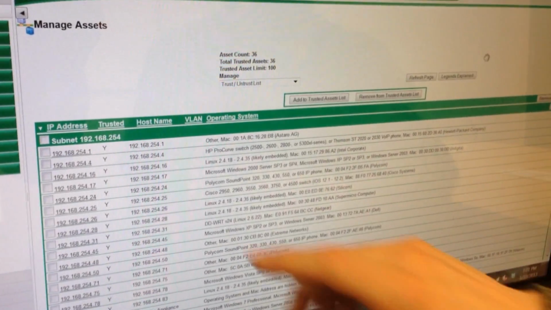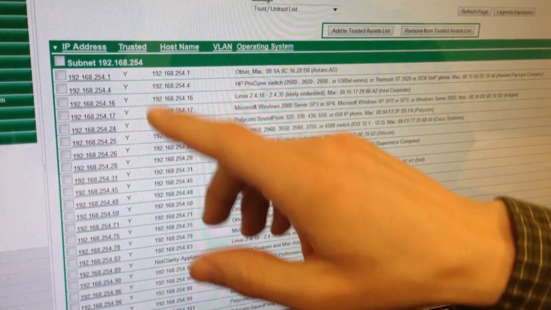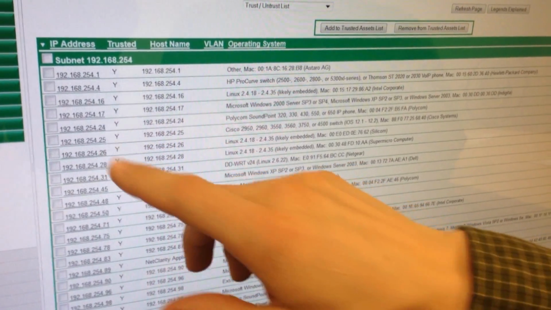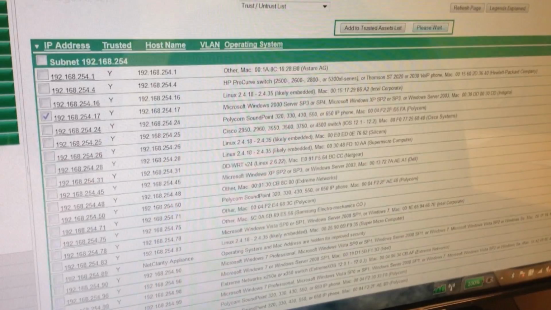And you'll notice by default all these are in white, and that's because they're trusted. And once we do our first scan to baseline the network, they're all trusted. So what we'll do now is we'll remove one from the trust list at .17,